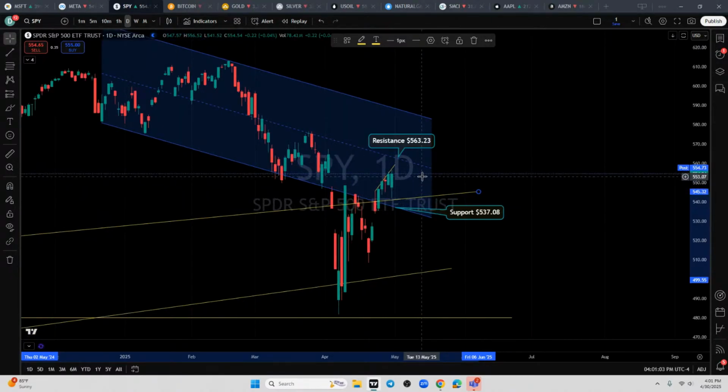Now, if price continues higher on the S&P 500, we have resistance coming up at the 50% area of this parallel at 563.23. Now, since this area has already been tagged for support, the next support is what I have my eyes on at